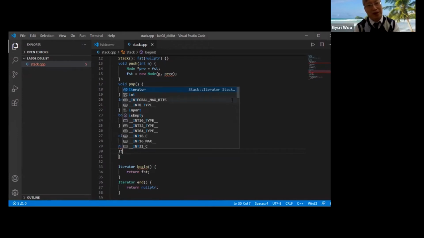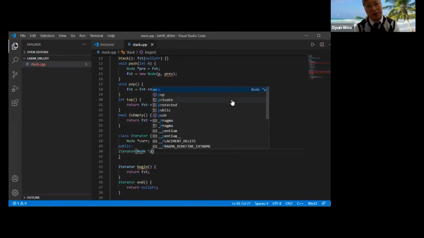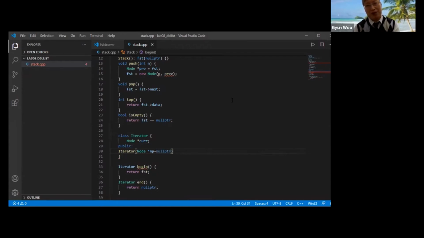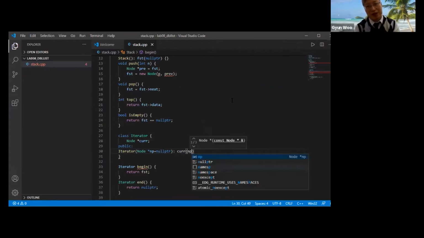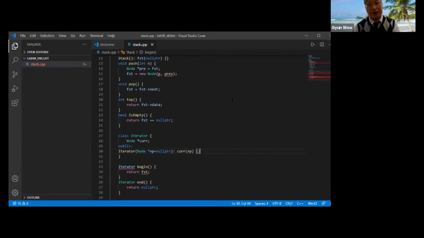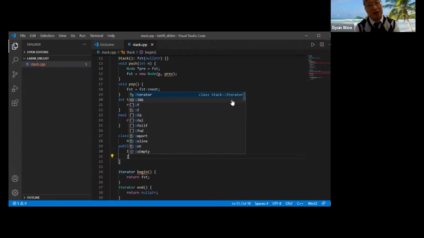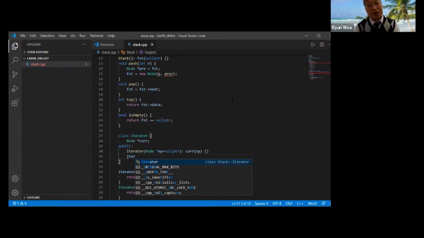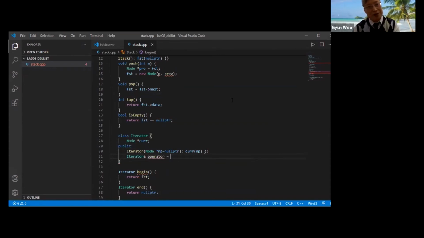And public iterator node pointer is a variable, but by default it is set as a null pointer. So in that case, the current pointer is set as node pointer. This is the default constructor. And the next one is the assignment operator. For the assignment operator, you should return the iterator reference,